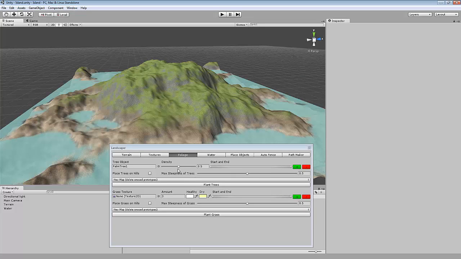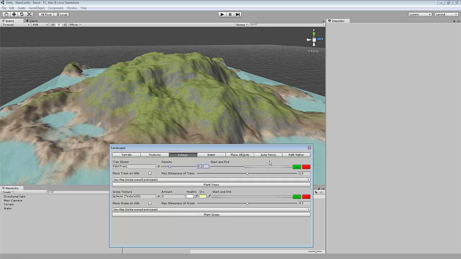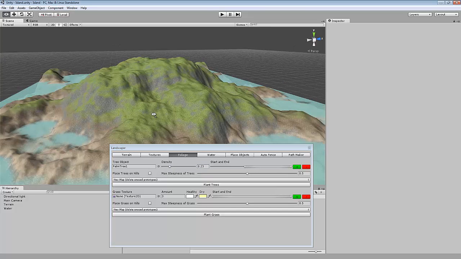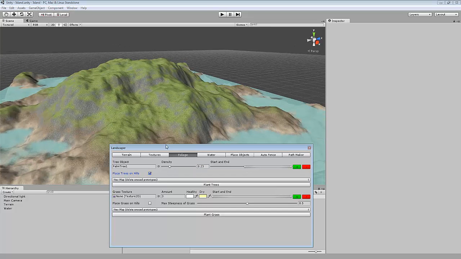You've got the density. 1 is very tightly packed, 0 is none at all. So I shall put this around here. Start and end is like the textures, so I'm going to put it around here, so it's only planted in this height range. And you also have some steepness settings. You've got the place trees on hills option, so you can either untick it, and trees will be planted anywhere regardless of the steepness, or you can